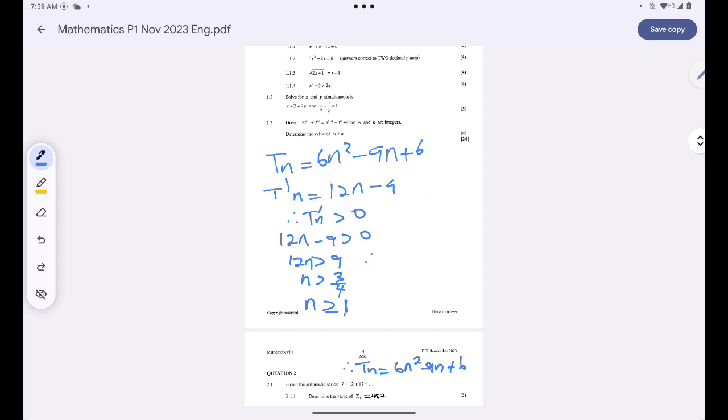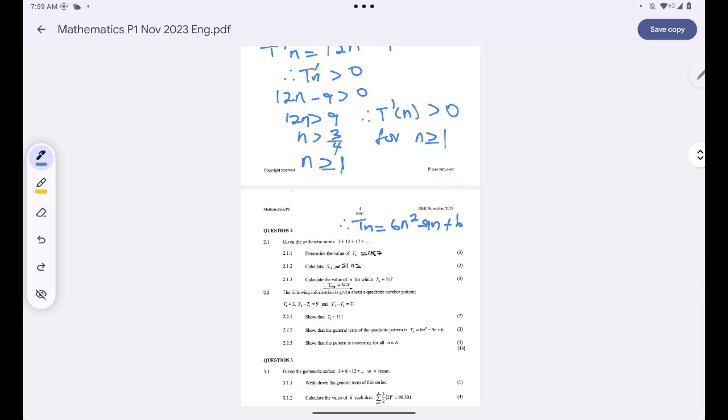So I can therefore conclude that Tn is always increasing for n greater or equal to 1. That's how you're supposed to tackle